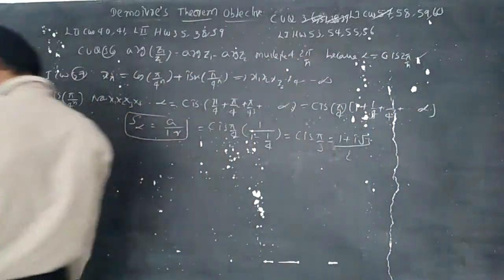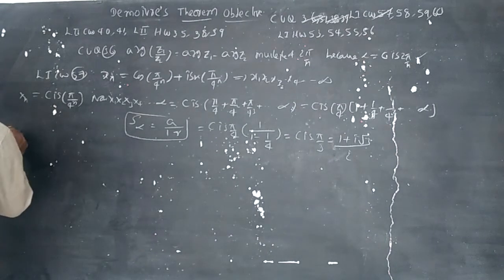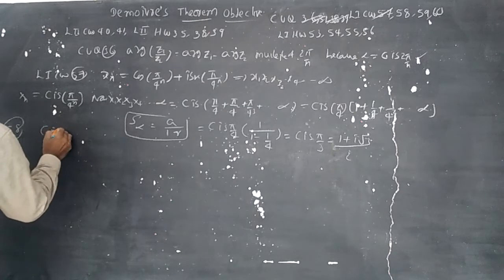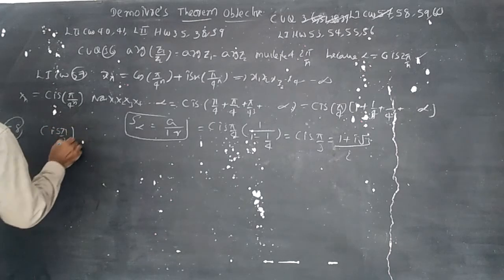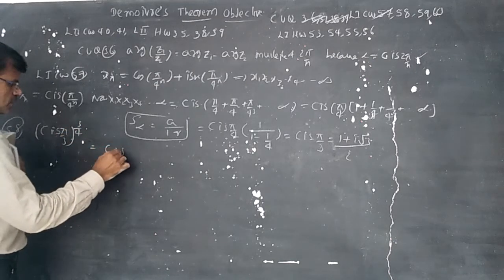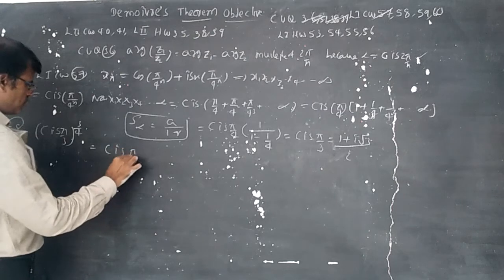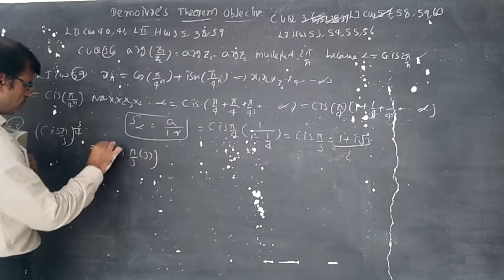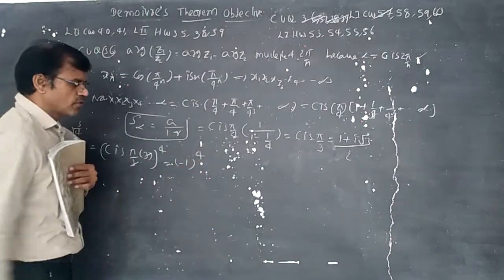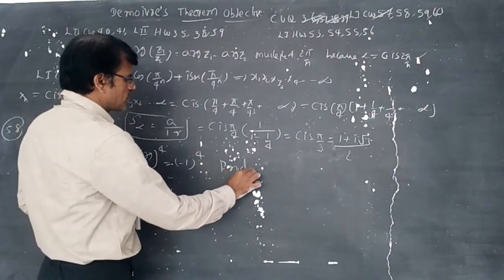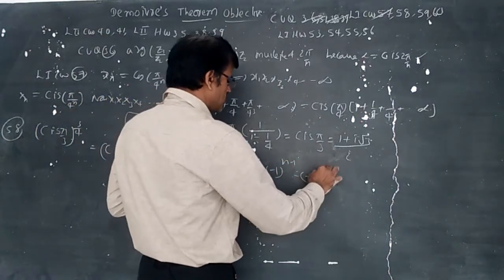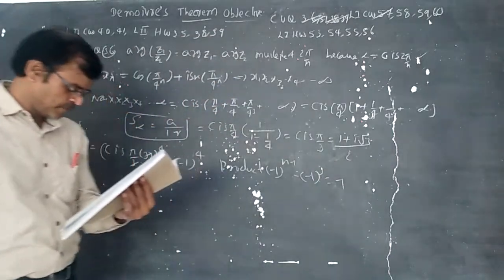58th question. Let us take the continued product of 4 values. Cis pi by 3, cis pi by 3 whole power 3 by 4 given. So let us write here cis pi by 3 into 3 whole power 4. 3 gets cancelled. Cis pi meaning minus 1 whole power 4. The continued product of these numbers has the formula minus 1 whole power n minus 1. This is minus 1 whole cube, that is minus 1.